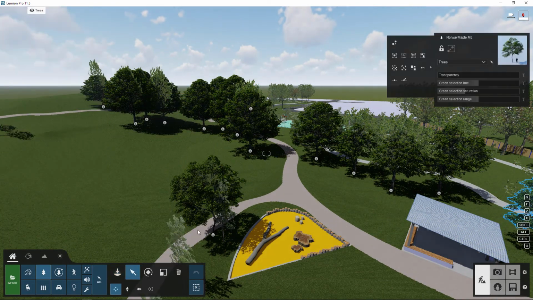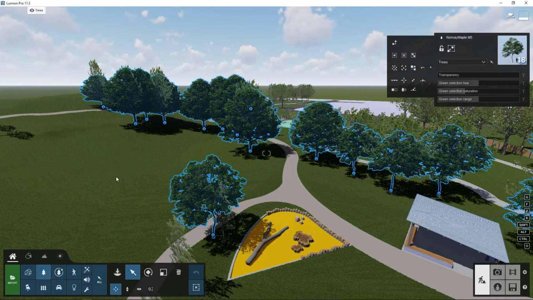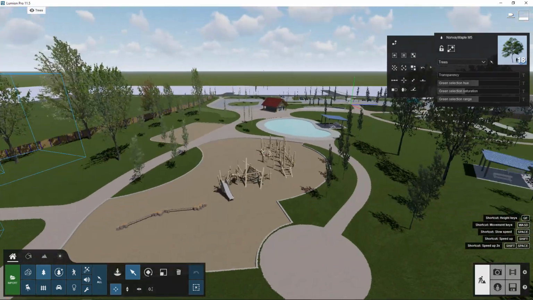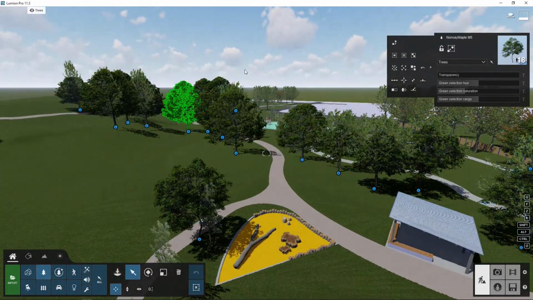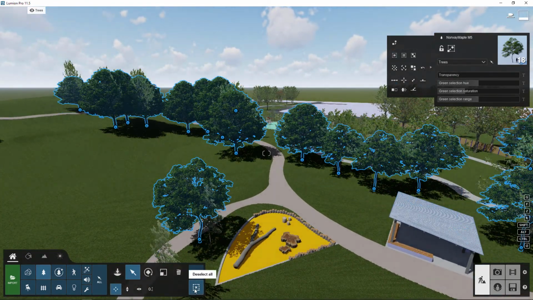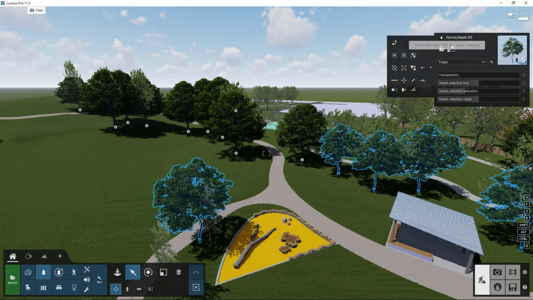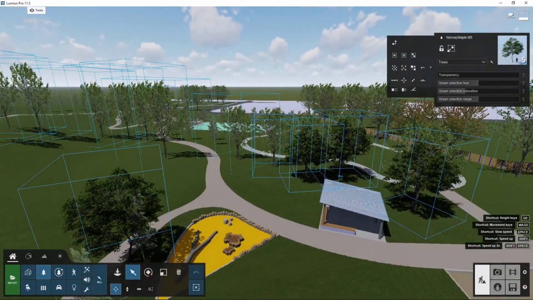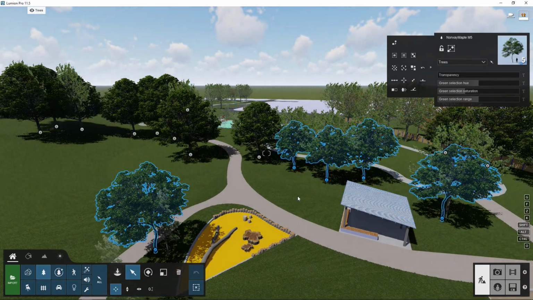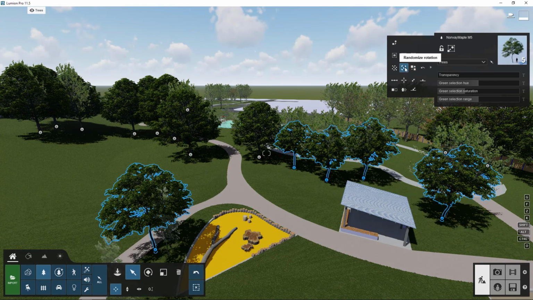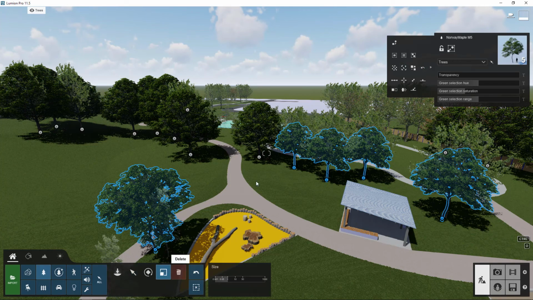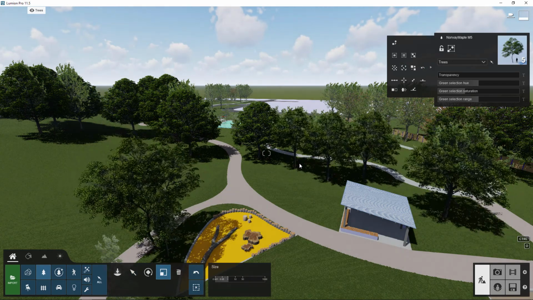But remember, you can always use your selection tools to either select all objects in the same category, which would select every tree that I had just populated, or if you deselect everything and then select only identical objects, it will only grab the ones that are the exact same species of object that you placed. So again, you could randomize the size, randomize the rotation, or you can control that yourself and scale things as a group, up and down,